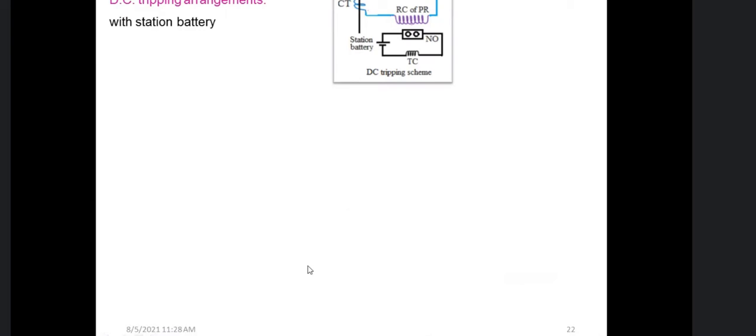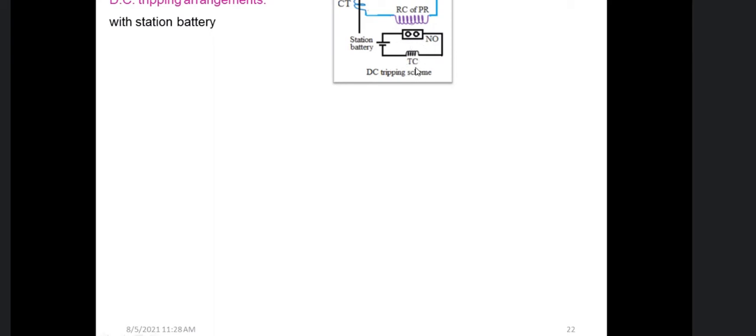Now, tripping element, what is the meaning of tripping arrangement? Tripping arrangement means actually the trip coil will be energized. So the relay will give only the signal that will make a contact which was initially open. So this contact was initially in NO condition. The trip relay coil will make this close under faulted condition. But only this closing is not sufficient. We have to give a supply to the trip coil.